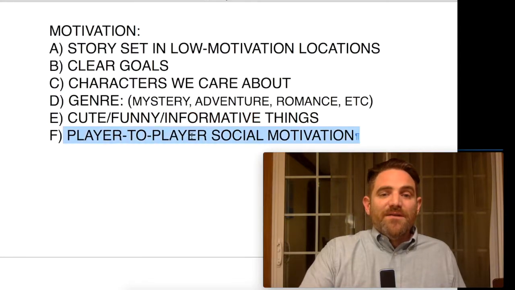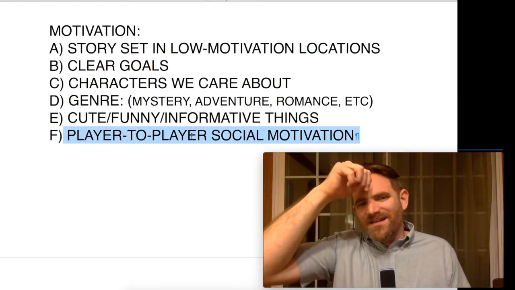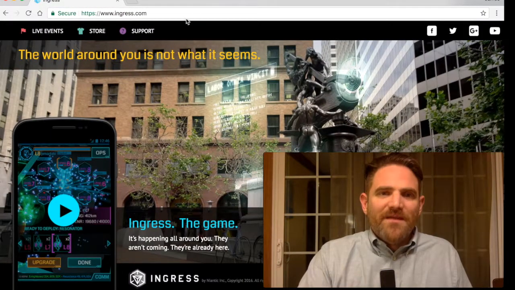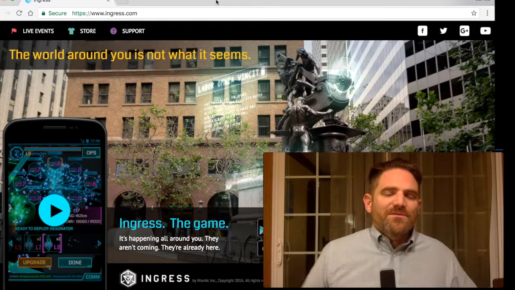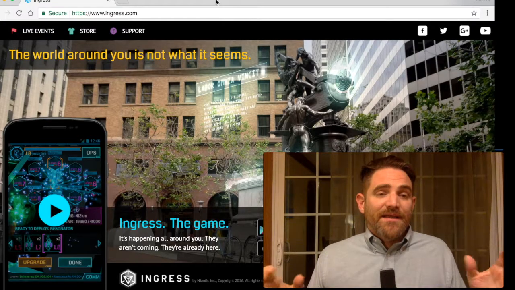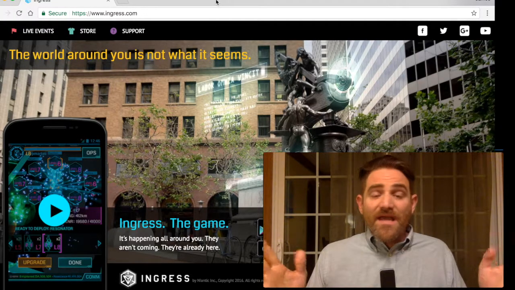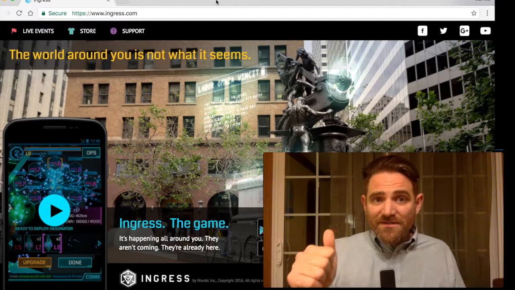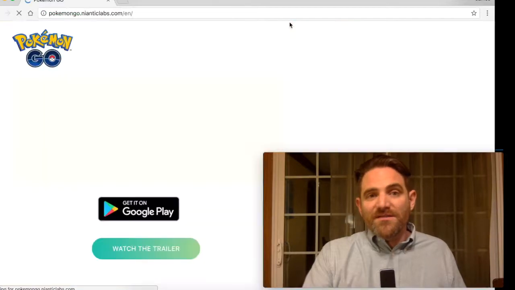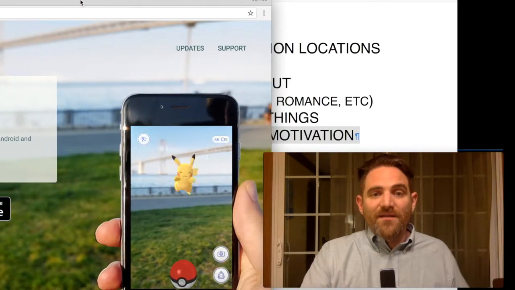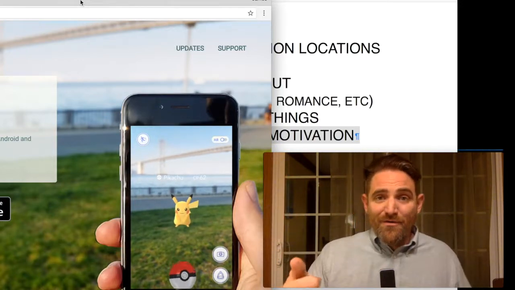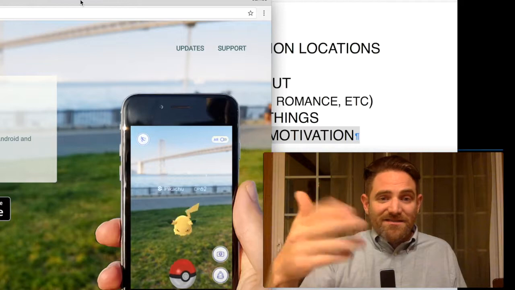Another way to do this is player-to-player social motivation, and I mostly put this on the list because, I'm not going to talk in depth about this, but the two location-based games that have made any name for themselves are both by Niantic, the name of the studio, and they made Ingress, and they also made Pokemon Go. So Pokemon Go does this cute things principle really, really well. Why am I going to the park? Because I want to catch Pikachu, and Pikachu is cute. When I go and I see the thing and I click on it, I get this little interaction with the